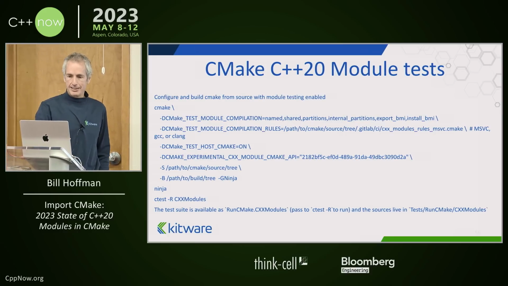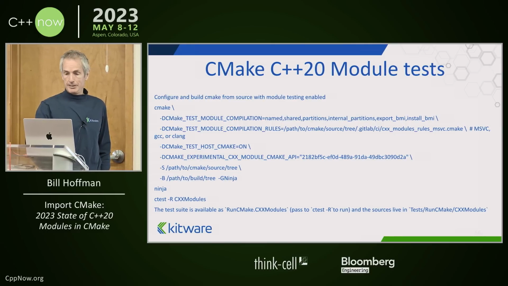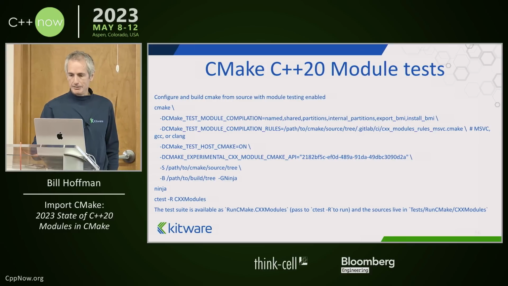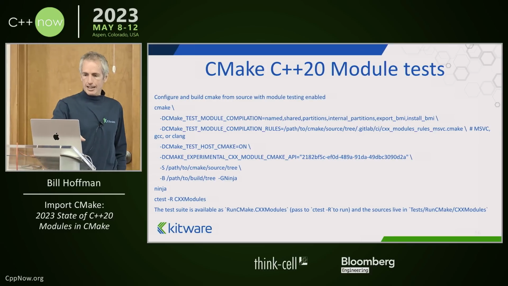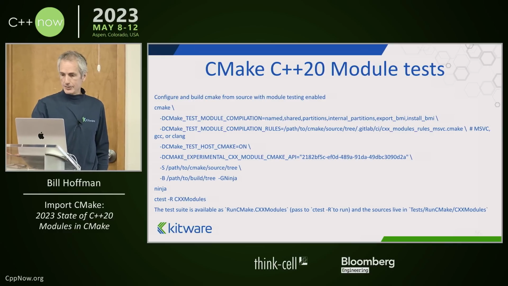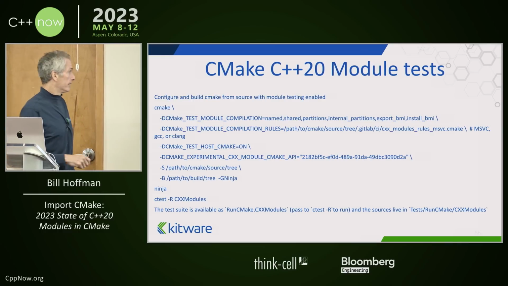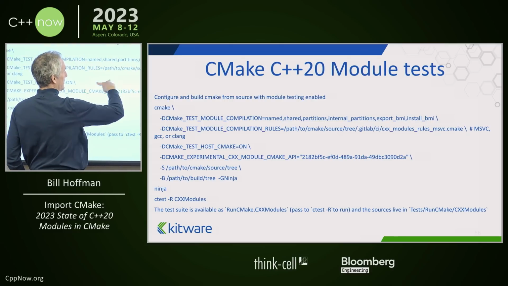So I run CMake, and I want to turn on CMAKE_TEST_MODULE_COMPILATION, and I'm telling it I want it to test names: shared, partition, internal partitions, export BMI, install BMI. And then I want to give it the compilation rules. And inside the CMake source tree, whatever your path to CMake is,